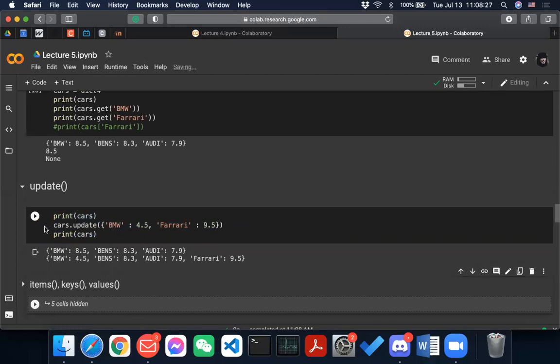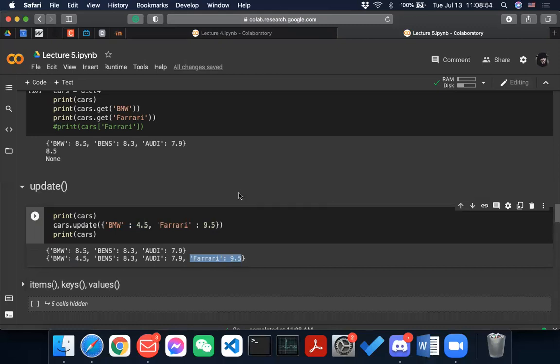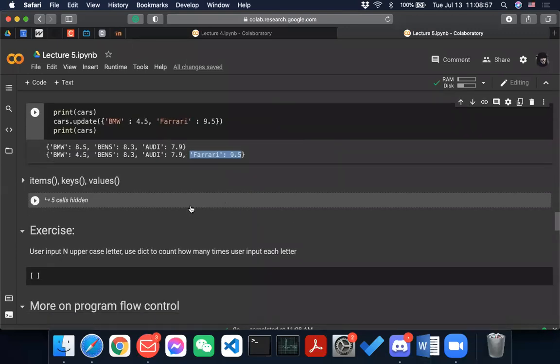But if you try to update that using another dictionary, with BMW having a value of 4.5 and Ferrari having a value of 9.5, you can see the value for BMW is updated and the value for Ferrari is added. This is the key thing for update.